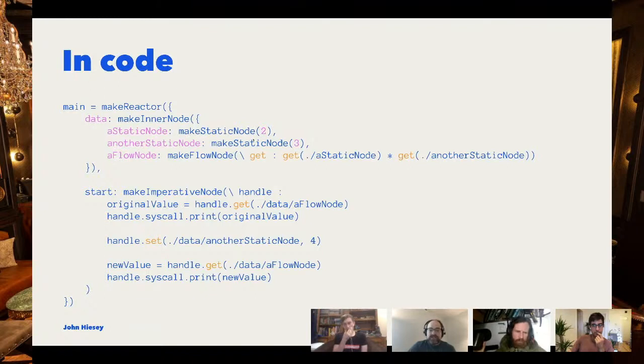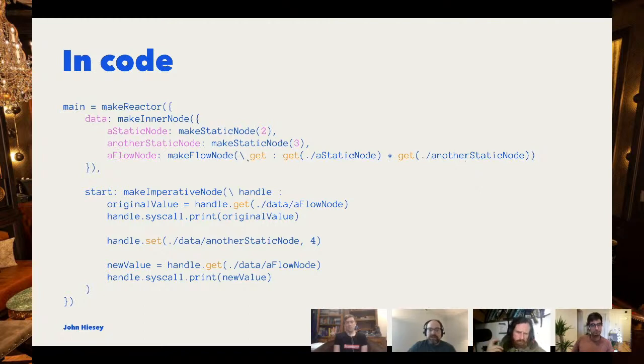These just use this make static node constructor that takes some integers. So you can think of these as like spreadsheet cells that contain the values 2 and 3. And then a flow node uses this other constructor that gets passed this handle called get, and this is like an Excel formula, more or less, where you can provide paths in the tree, relative paths in the tree, to the nodes you want this to be equal to.